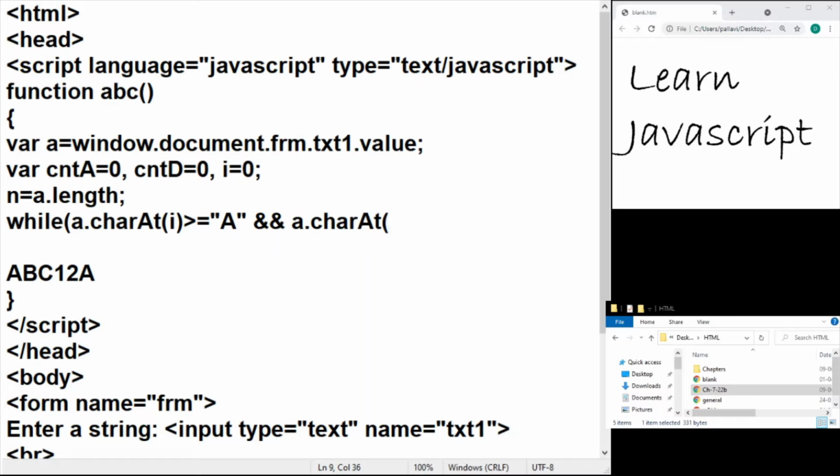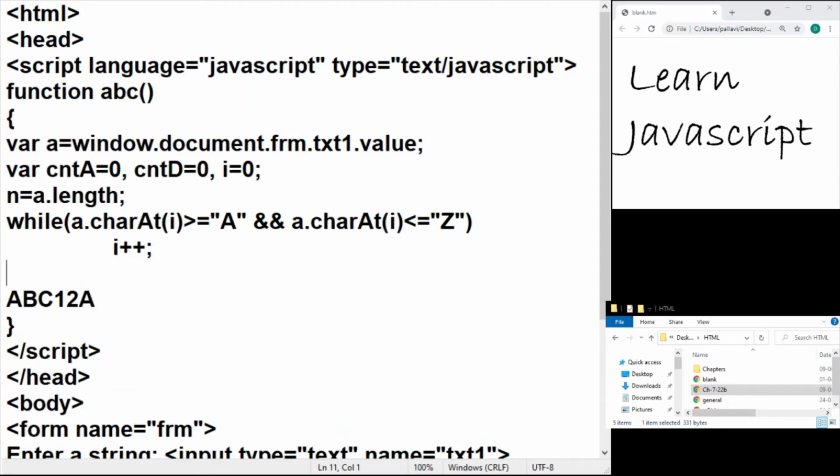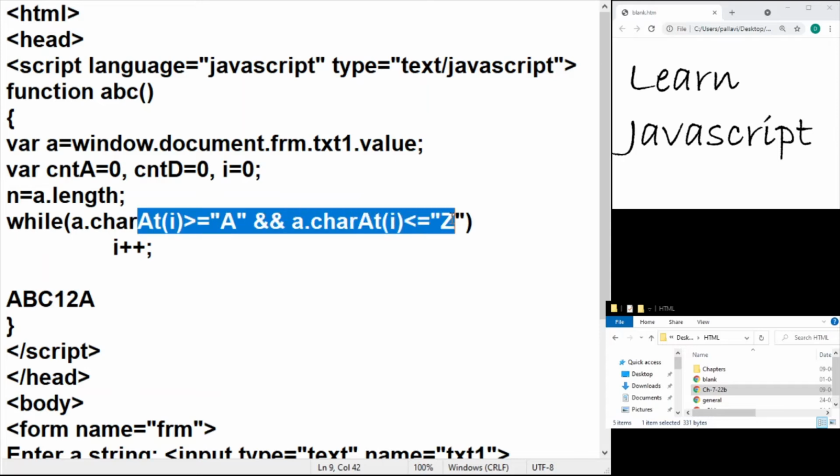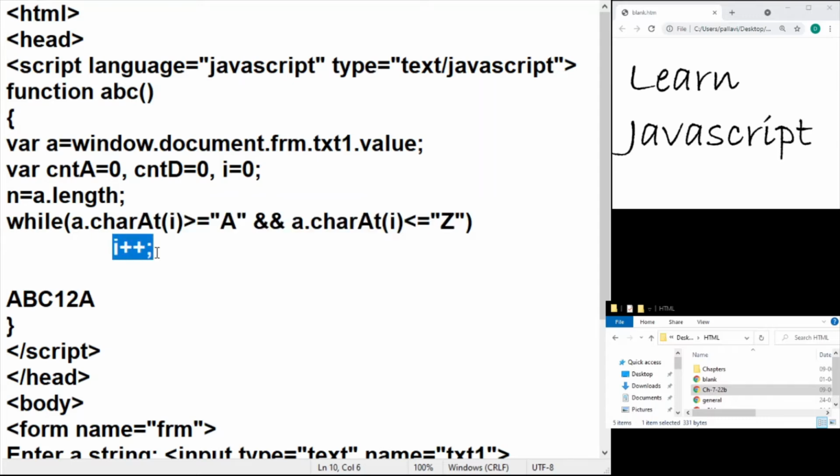From the ith position, that's my first condition. So if it is an alphabet, and then this is an alphabet, I want to shift to the next character. So all I am going to do is I plus plus, right? When I plus plus, when I reach this position, my condition would fail, so it would come out of the while loop. I have not placed the curly parentheses because there's only one statement involved in the while in this logic. All right, so my I would stop at this.